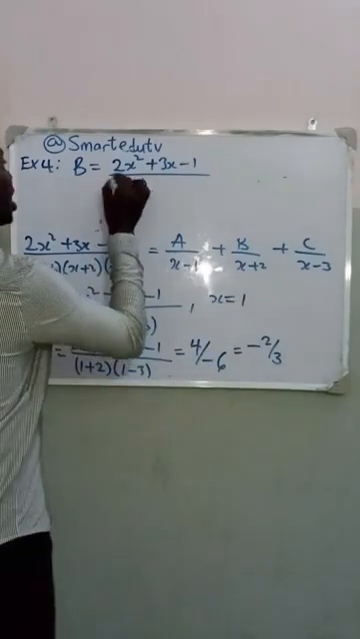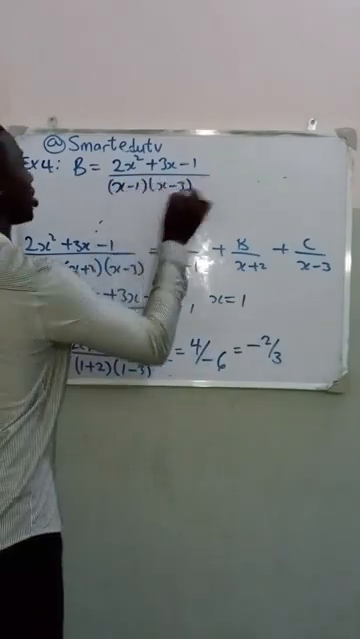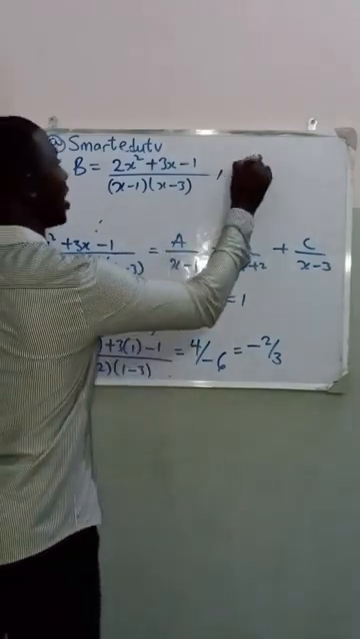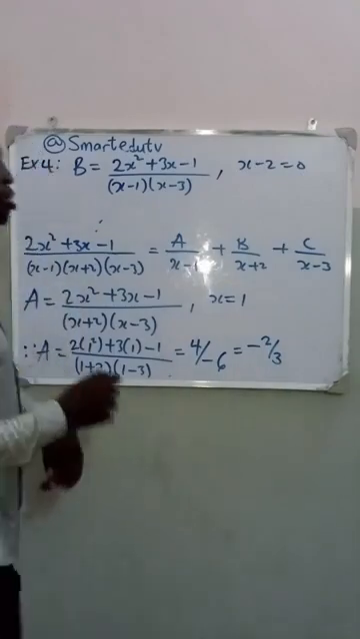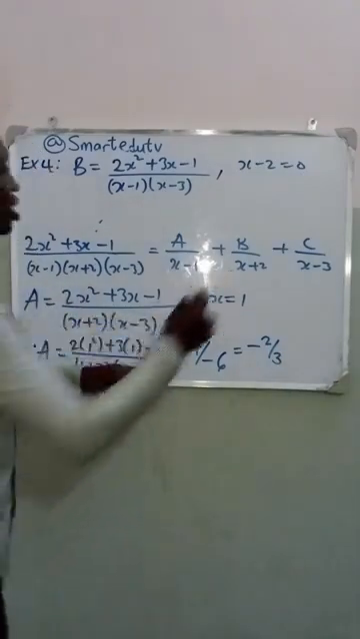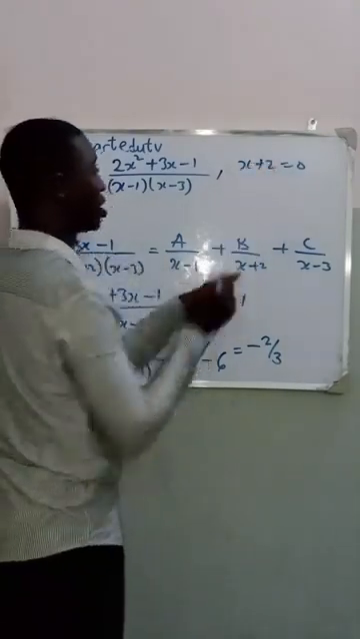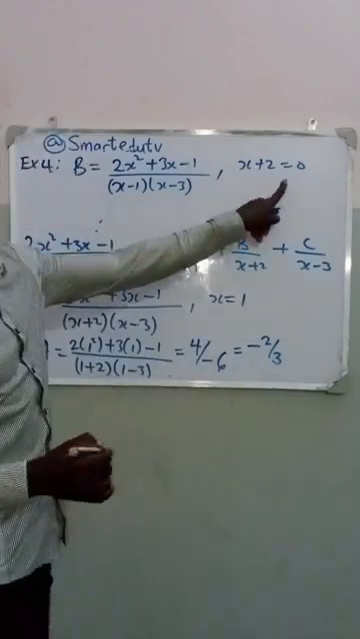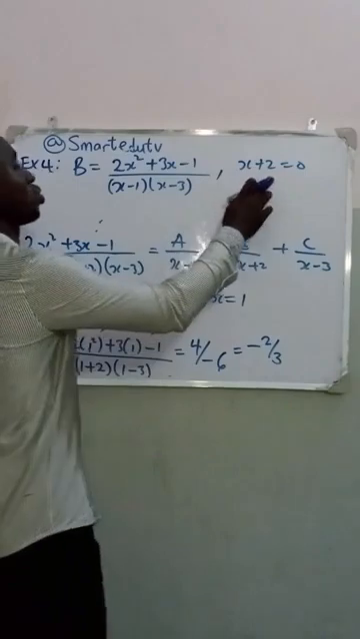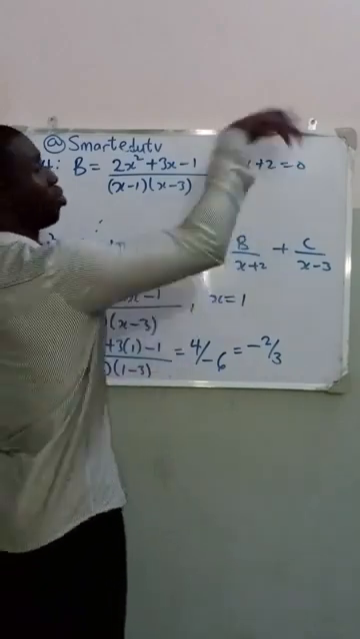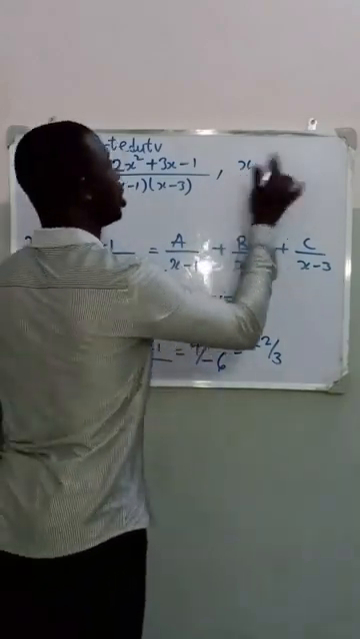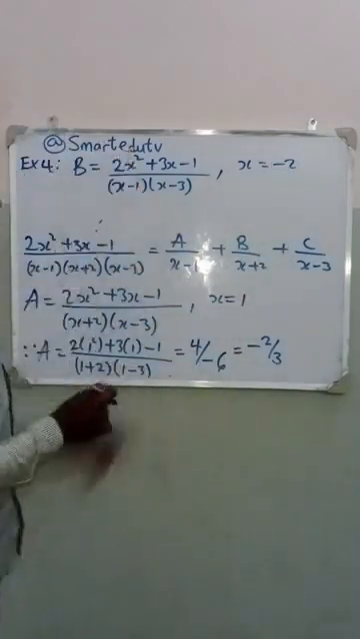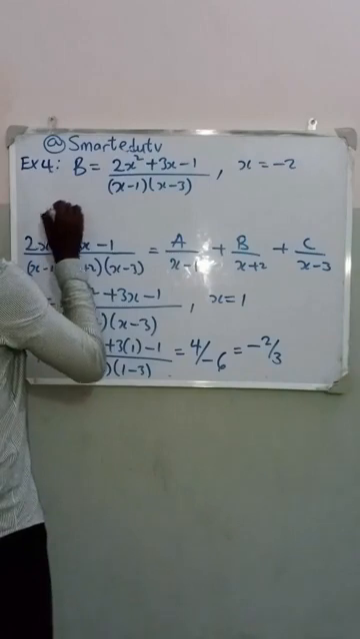X minus 1 and x minus 3, at where? Don't forget, the denominator of B is x plus 2. So at x plus 2 equals 0, the value of x is going to be negative 2. X equals minus 2. So when you put minus 2 inside this expression, we are going to have the value of B